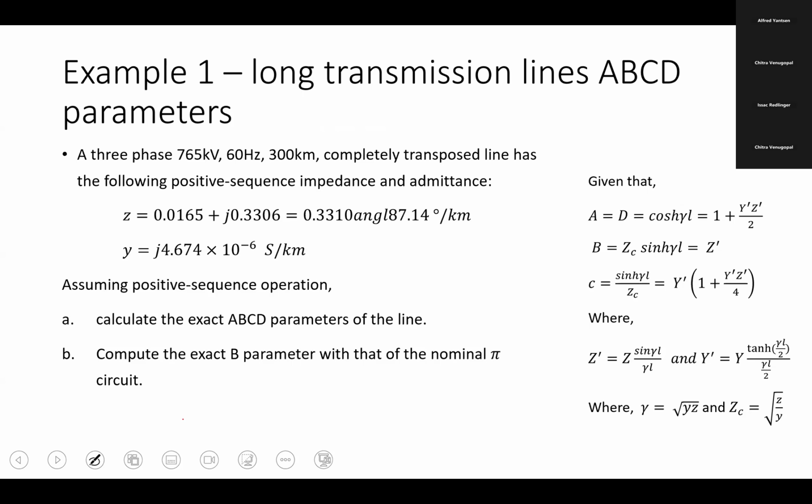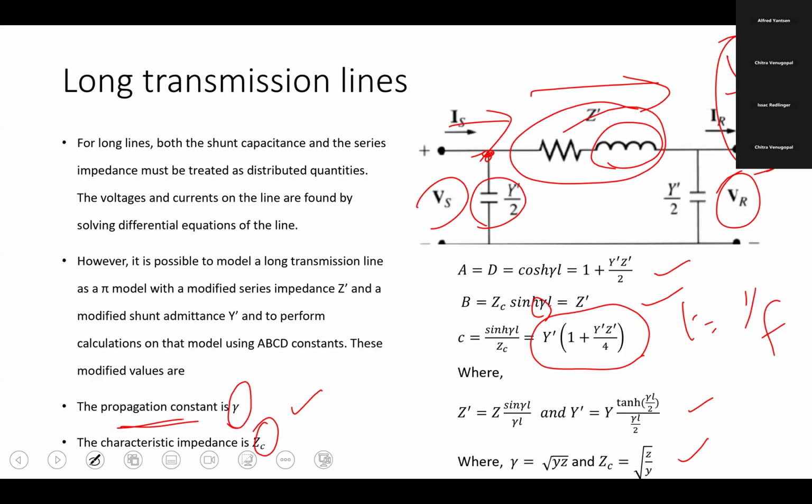Right. Then I'll take some time to walk through this example slowly. What is more important here is how to calculate the parameters. The equations, I think you can go through the slides and learn how to derive the ABCD parameters